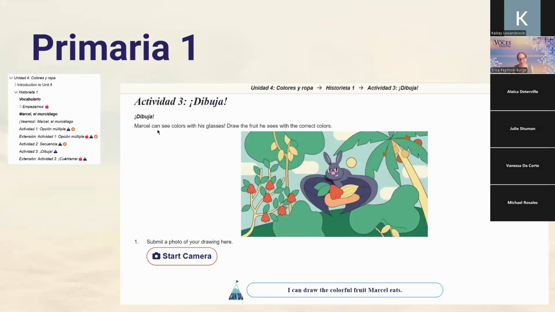And last but not least, we always have a drawing activity in every chapter. Kids love to draw. And it's nice for you because then you don't have to be the center of attention for a minute. And here it says Marcel can see colors with his glasses. Draw the fruits he sees with the correct colors. So you could have students draw this and you could just do the prompt that's there. But you could also tell students, add your favorite fruit, or add a friend for Marcel, or add an extra